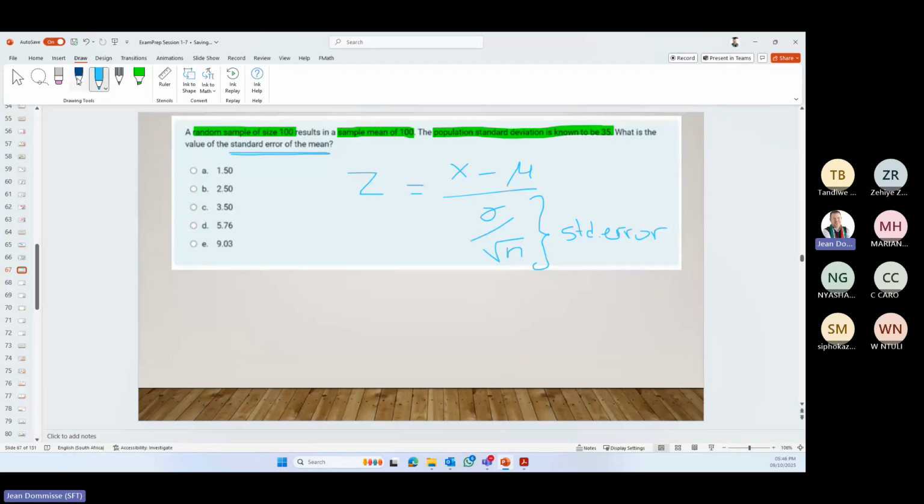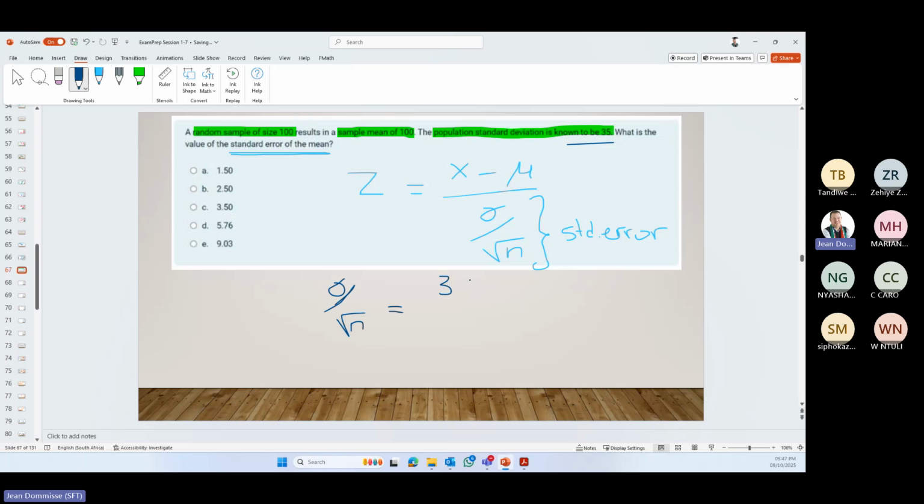So the only thing they want us to do with this one, they don't want a Z, they don't want a probability, they just want us to work out what the standard error is. So luckily in this one, they did not go further to give us other information. So they did not give us an X. Sometimes they give you more information than what's needed, and then you go the whole way of working everything out. Simple standard deviation. Let's see what that is.